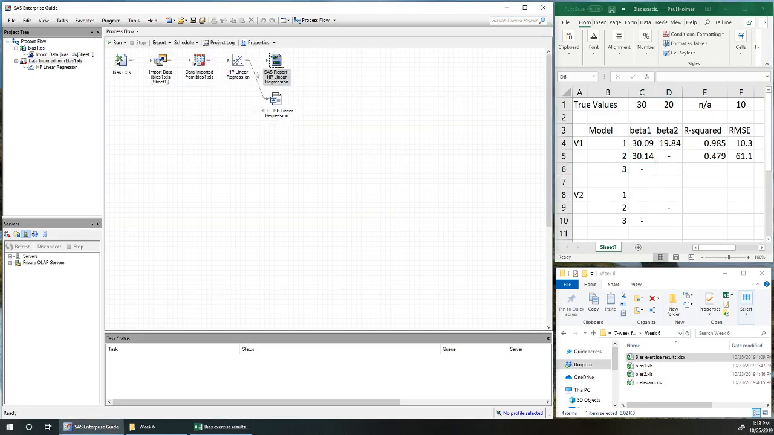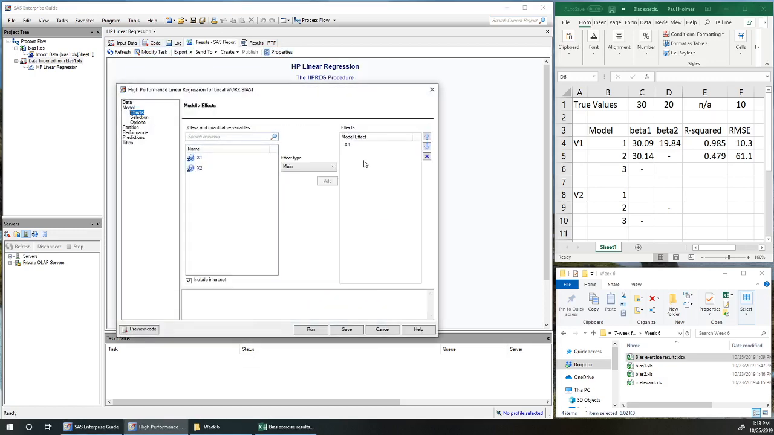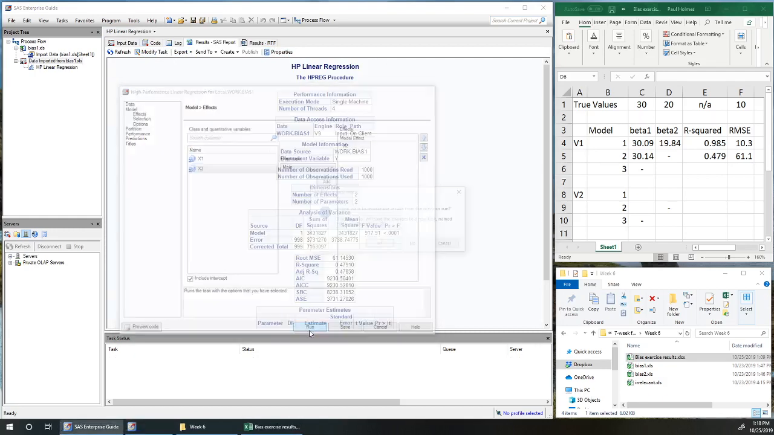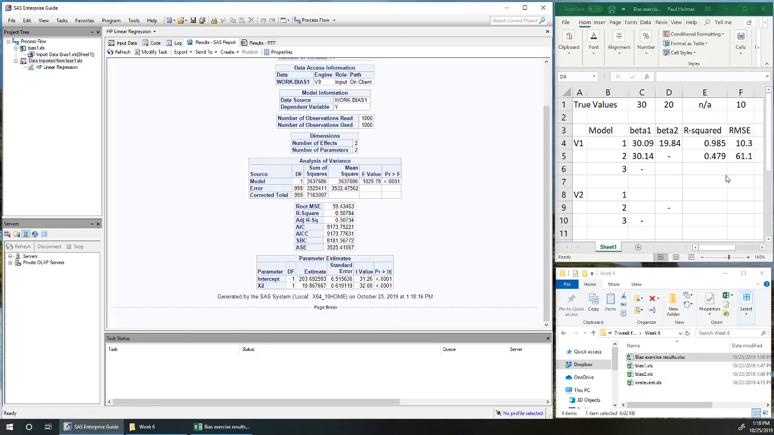We can do the exact same thing by leaving out x1. We should see very, very similar results. So let's modify that task. Take x1 out now, put x2 in, hit run, and we should get an r squared, yep, again around 50%,